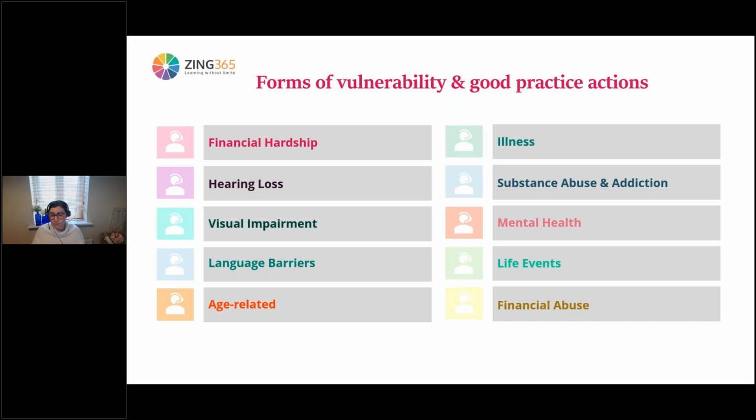It's likely your firms are going to have policies around this. But another thing that we can do, which is just a best practice, is we can also signpost those individuals to support organisations. These are likely to be external. Some firms do have them internally. But one example is just Step Change. They are a free debt advice